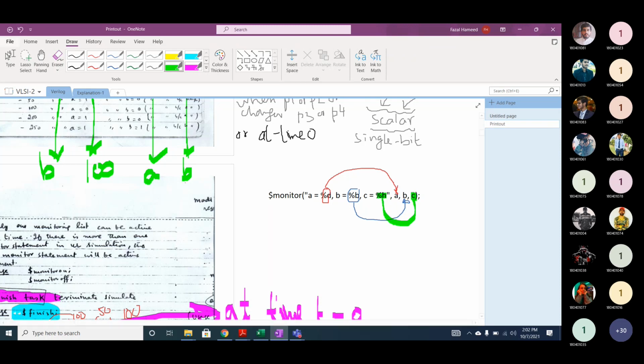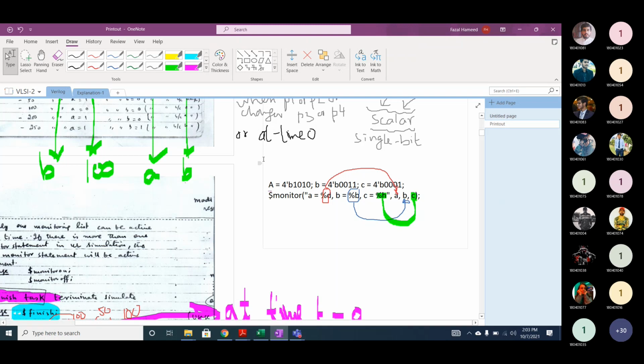Now let's assume that at any instant, the value of A is assigned 4'b1010, B is equal to 4'b0011, and C is equal to 4'b1010.